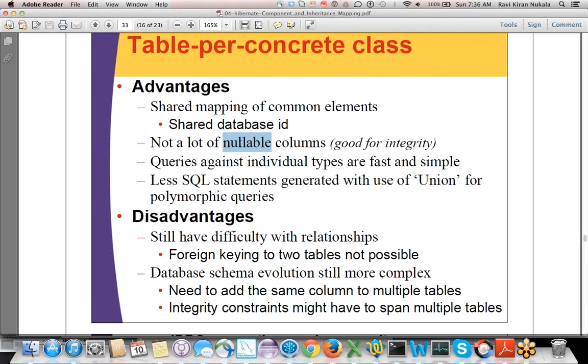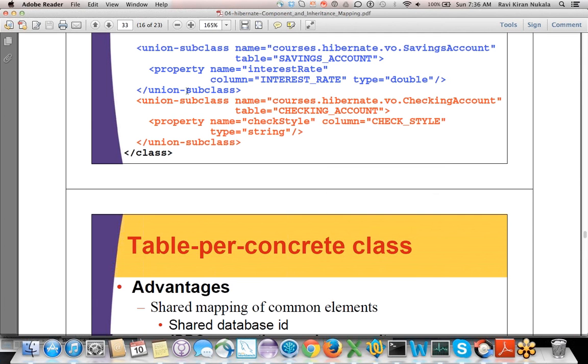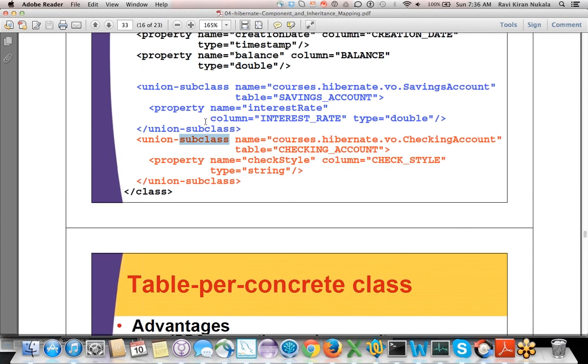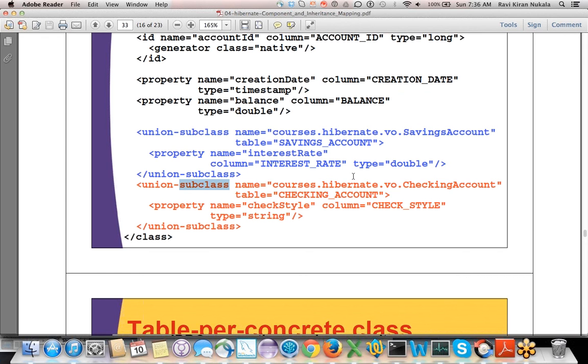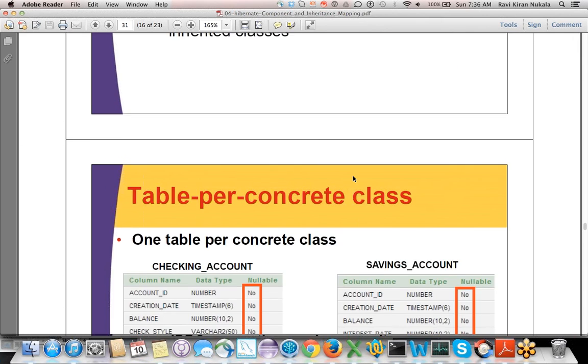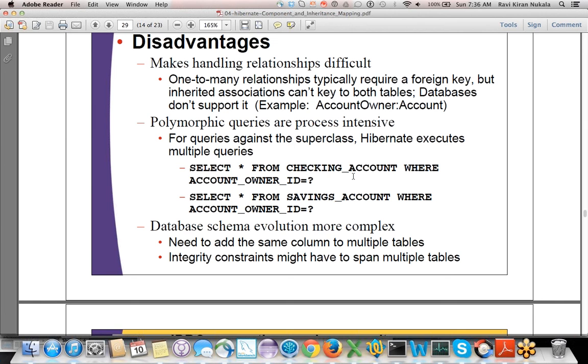Now here, queries against individual types are fast and simple. That is the same advantage as before. Less SQL statements generated with the use of union for polymorphic queries. That means this union subclass is making Hibernate aware that a particular account object can be either this or that. So internally, it's making it fire fewer queries compared to the previous approach. In the previous approach, given an account owner ID, whether this is a checking account or a savings account, constantly it has to fire multiple queries to determine,